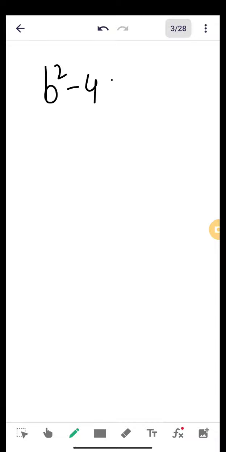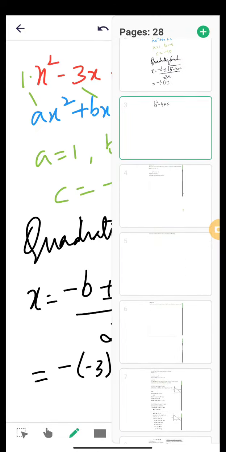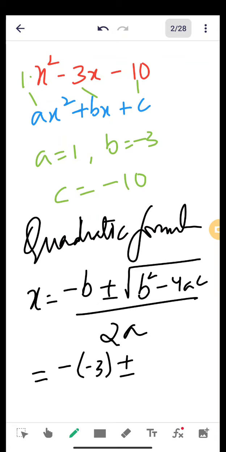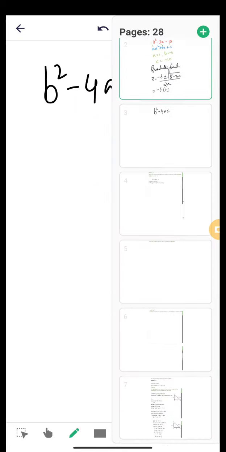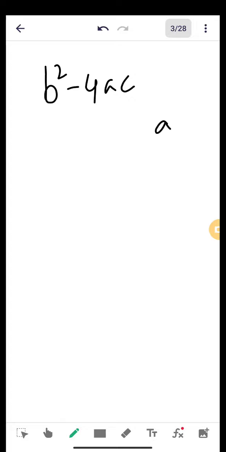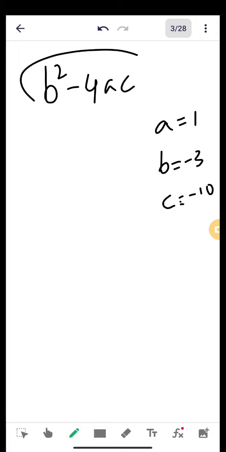B square minus 4ac is called the discriminant. So what are the a, b, c values? We have taken just now 1, minus 3, minus 10. So a is 1, b is minus 3, and c is minus 10. So we'll first find the value of this. This is called the discriminant, denoted by D. So b square is minus 3 square